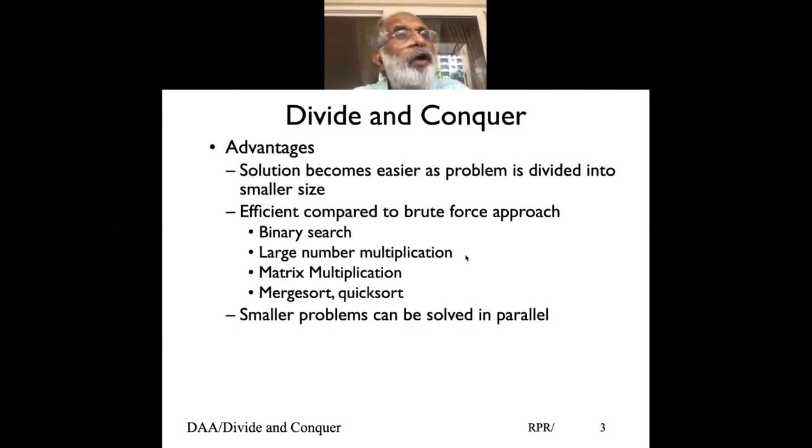Further, if you have parallel systems, like multi-core processors, and a large number of small problems, we can solve them in parallel. Let's say we do merge sort or quick sort. If we do two partitions, these two partitions can be solved separately. The two partitions become 4. If you have 4 CPUs, we can solve each of the 4 partition problems on a separate CPU, and hence smaller problems can be solved in parallel. And because this can be solved in parallel, our total computation time or total solution time